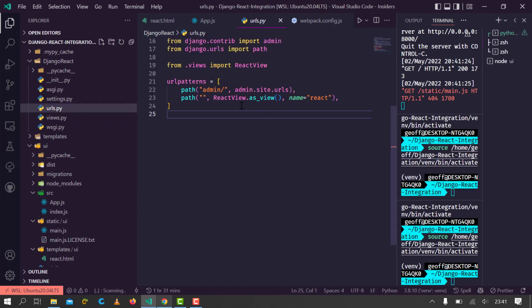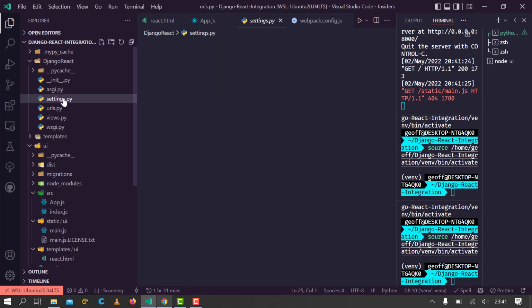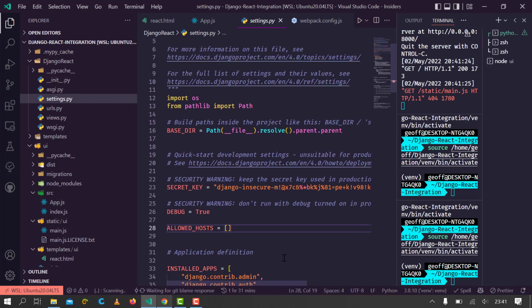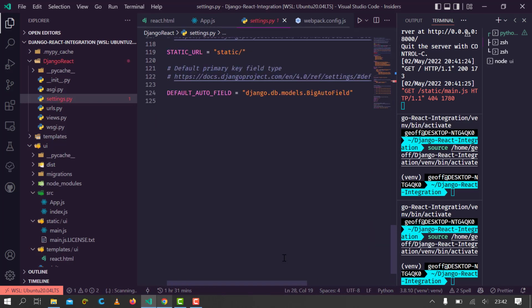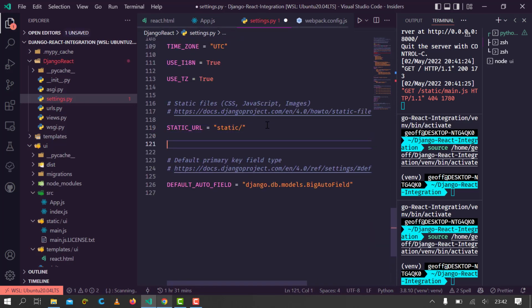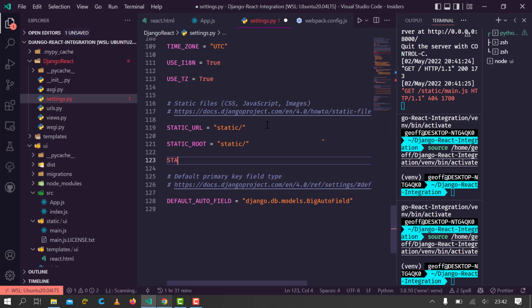I think the main.js is not being loaded, and I think there's a couple of configurations we need to do. So what I'm going to do is make sure that the static files are set correctly. Oh, I can see they're not here. So for example, we state the static root, and this is going to be just static. Then we need to set the static files directories. So we need to join